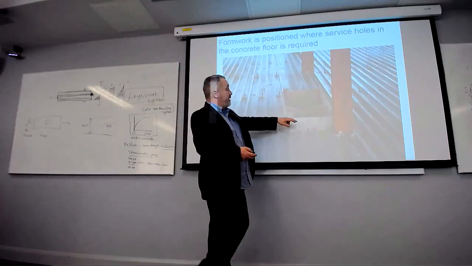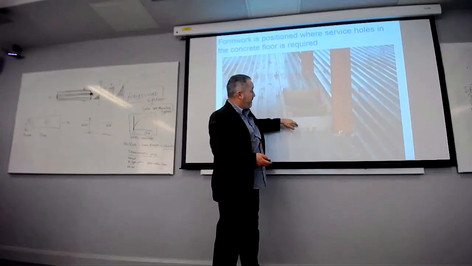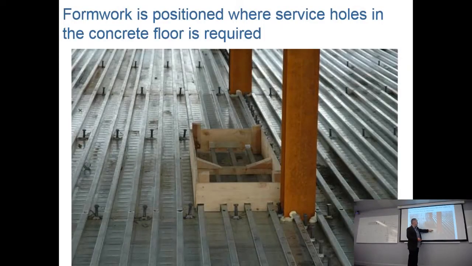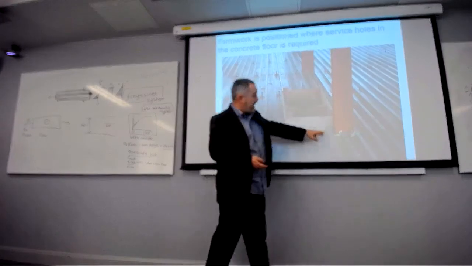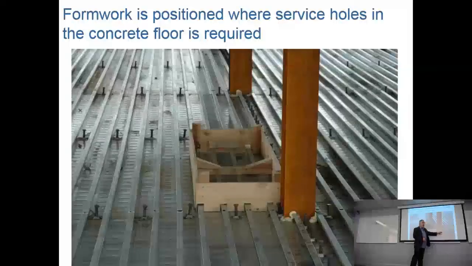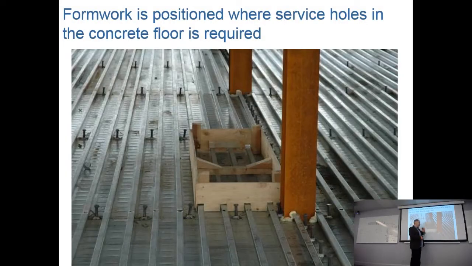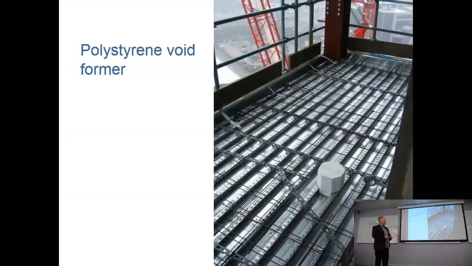There's another example of a box form being made so that when you cast the concrete it stops there. You have a nice hole all the way through. You can see a little bit of this expanding foam that they've sprayed underneath, so that when they pour the concrete, it's not going to go down the sides of the concrete columns. There's a polystyrene hole,